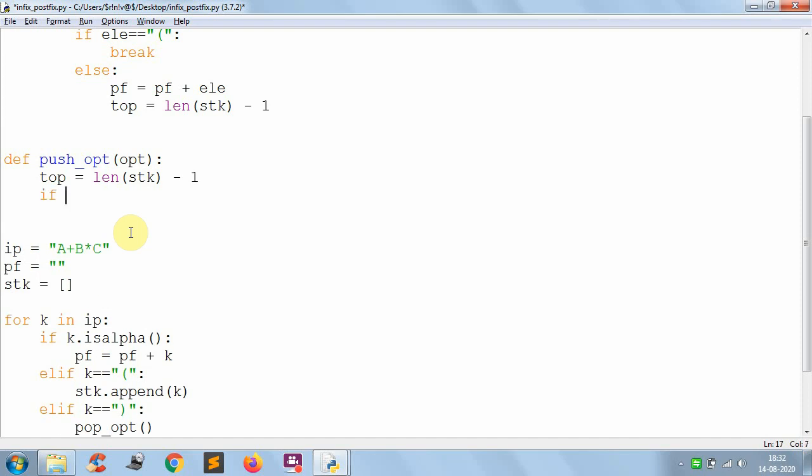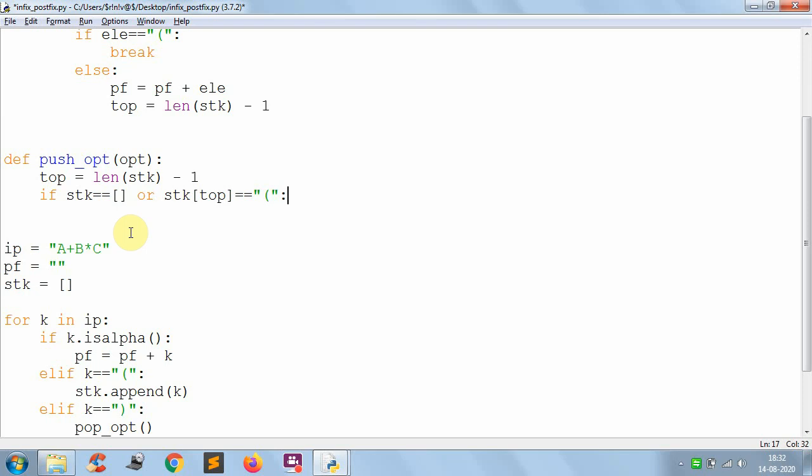Now we have to check whether the stack is empty or stack of top double equal to left parenthesis, if any one of these is true.